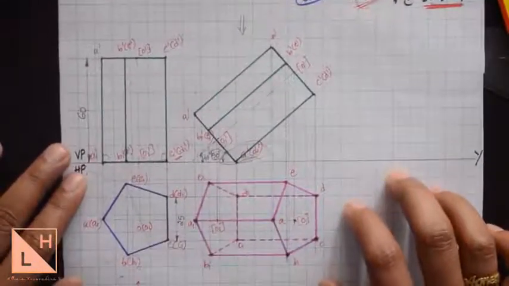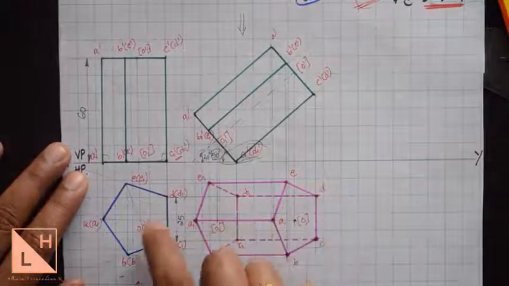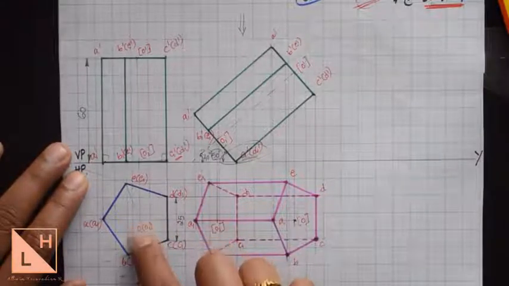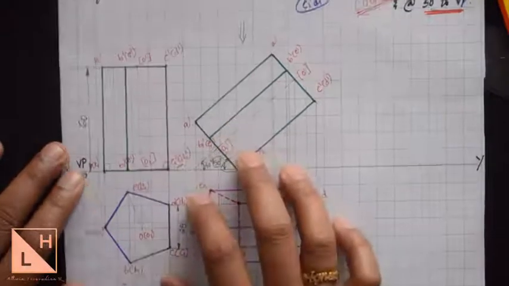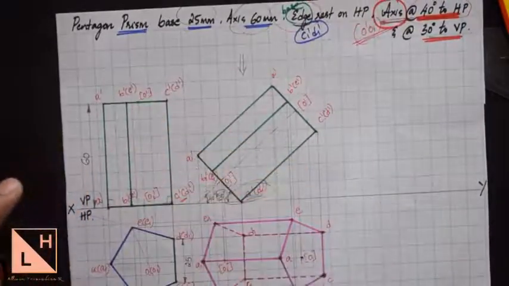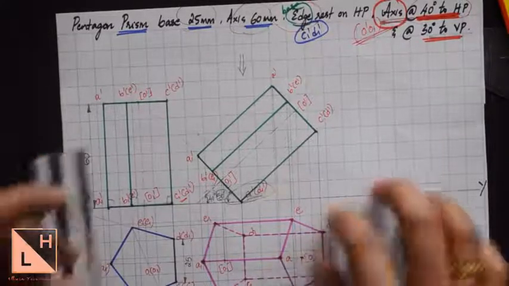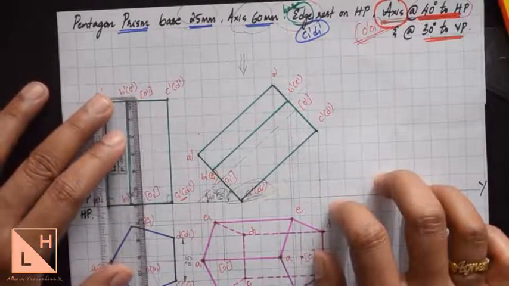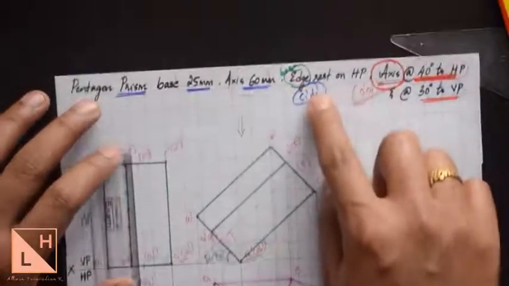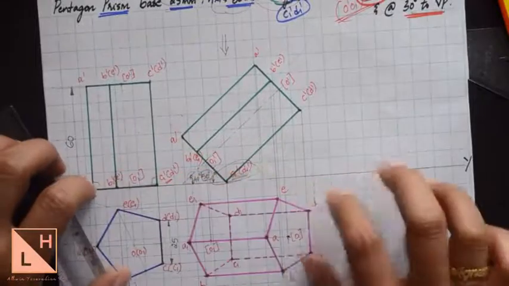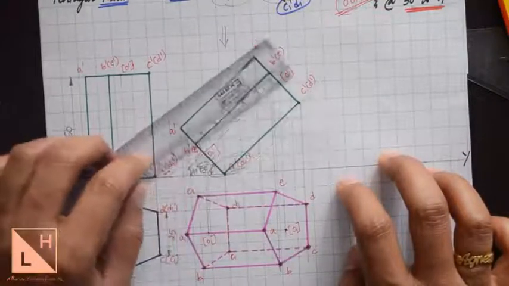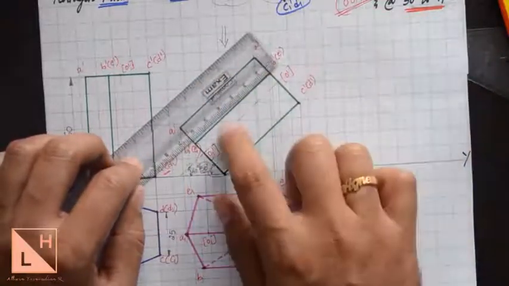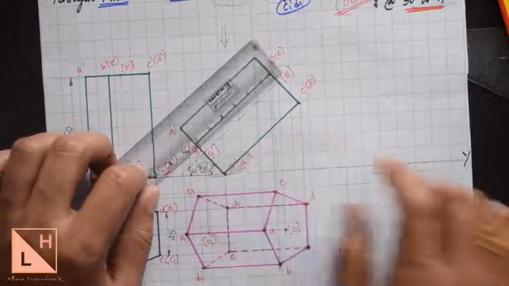Now if you see the length of the axis in the first position top view, it will look like a point. OO1 is simply a point, okay? But the length of axis has to be measured in the front view. So we all know the first position no conditions will be applied. So length of axis will be same as it is given in the question, which is 60 millimeters. So in the first position it is 60 millimeters. Let us check the length of axis in the second position. Now remember not to check it in this position. This is not required for us for the third position.